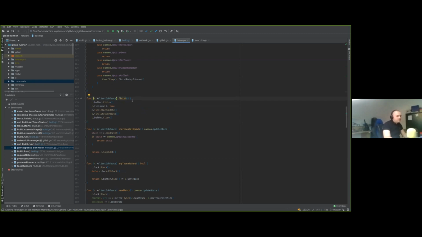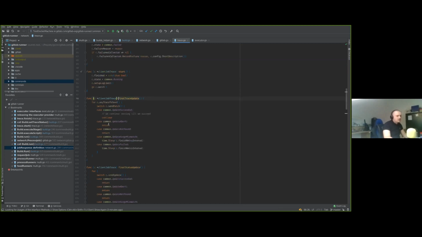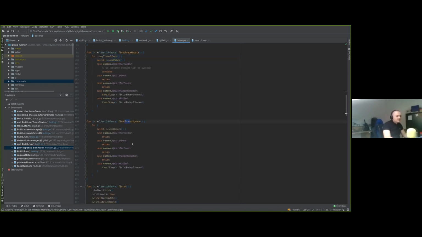And with the finish call, the runner tries to do two things. First, send the final trace patch requests until we have something to send. If we are still receiving something from the job output, then we will try to send it until we get any error response from GitLab, or until it is finished. And then the final status update, where we try to send